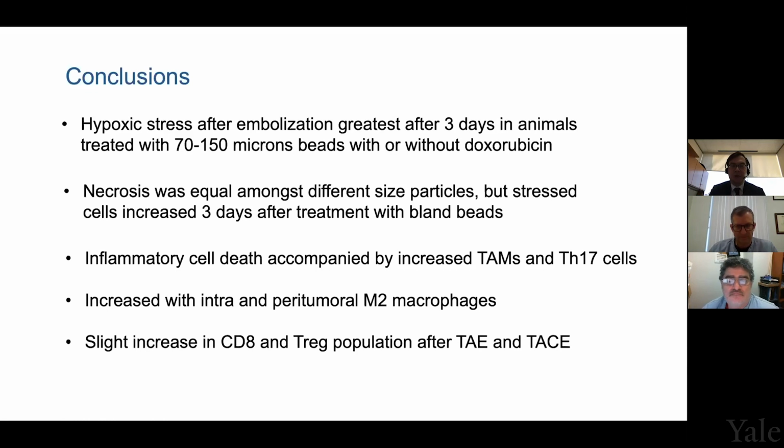We do not know, and I think that's part of the question, how to embolize and cause an immunogenic response. I don't think we've been able to determine how to perform these procedures and cause the cells to release the antigens and have the antigens presented in a way to beautifully activate the T cell response. We see more of the other side. We see more of not being very meticulous and causing